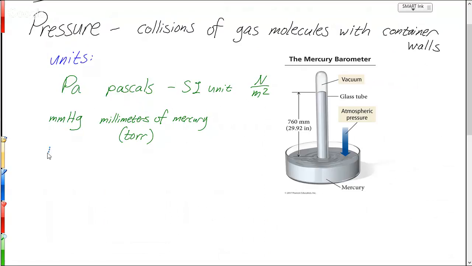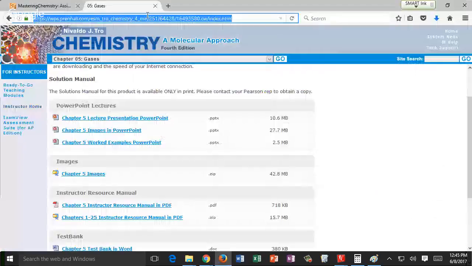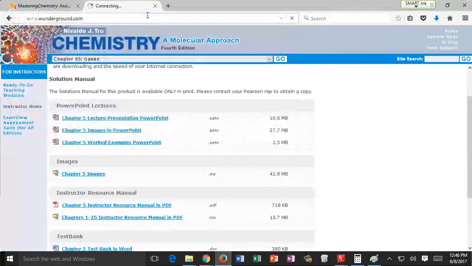You can also have inches of mercury. Inches of mercury is how we usually talk about pressure, like barometric pressure, the pressure of the atmosphere in a weather report, when we talk about areas of low pressure or high pressure. High pressure is usually associated with less precipitation. That's usually measured in inches of mercury. So standard atmospheric pressure is 29.9. If we look today at the weather,